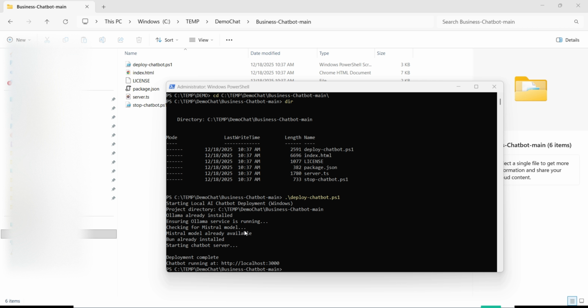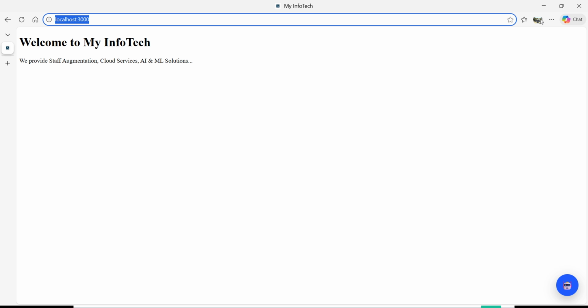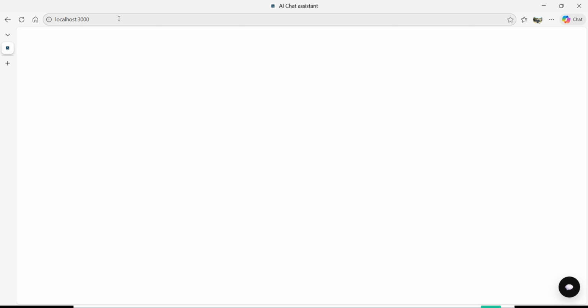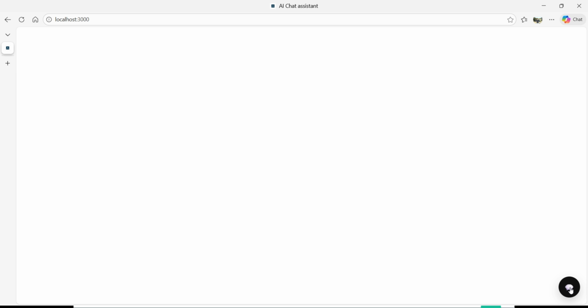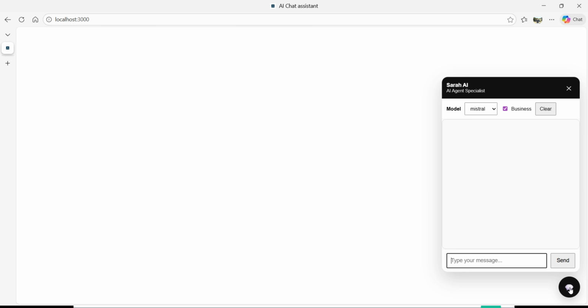It's checking for the Mistral model, and it's available. Bun is already installed, I already did it. And starting the chatbot server, it's started at localhost 3000. So whatever script I'm giving you, run this again at 3000. When I run it, you can see this is changed because this is a